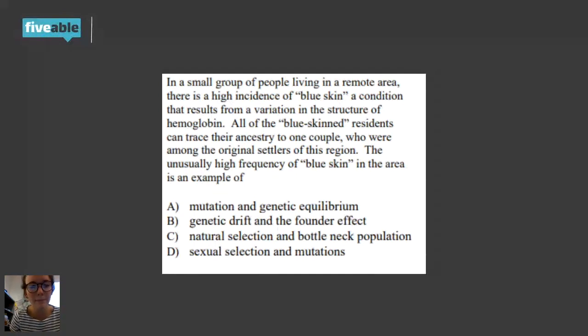Genetic equilibrium is meaning that everything would be even. So equilibrium is always going to be some sort of even baseline. And I don't see this happening here because blue skin is definitely not our equilibrium for humans. So hopefully that helps clear up